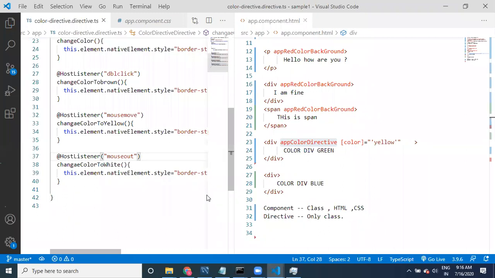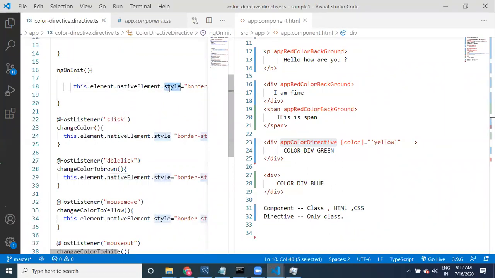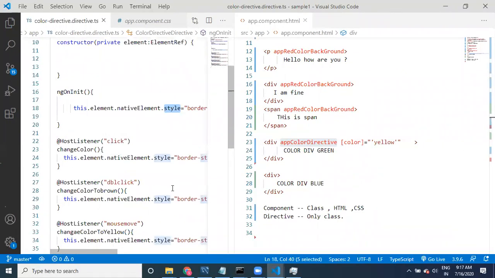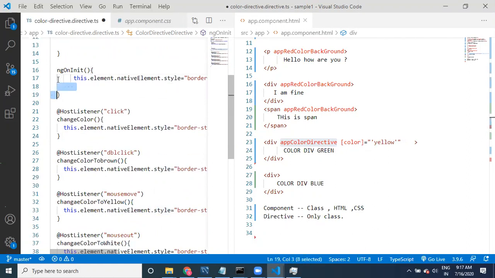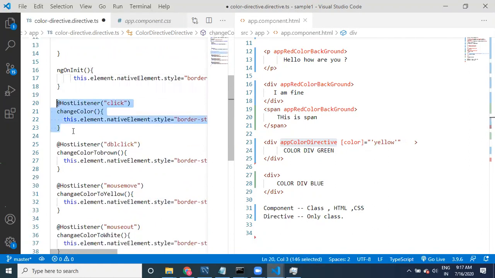So these are the actions. You can write any actions, guys, and there are so many. Mainly this native element dot style is going to be helpful, guys. Using this style, you can apply any kind of styles. Of course we have some other properties also, but better, using style you can apply anything. This dot element dot native element dot style, it will be like this, and then actions are going to be provided.